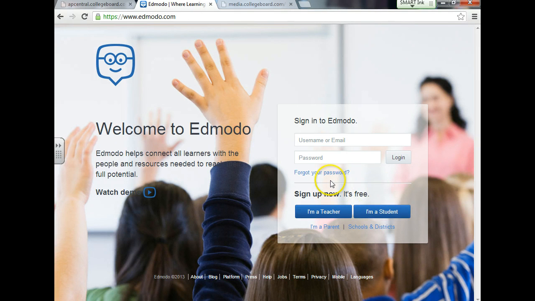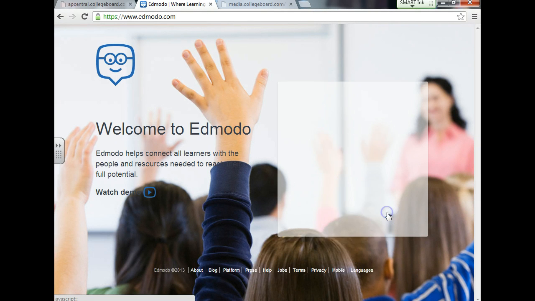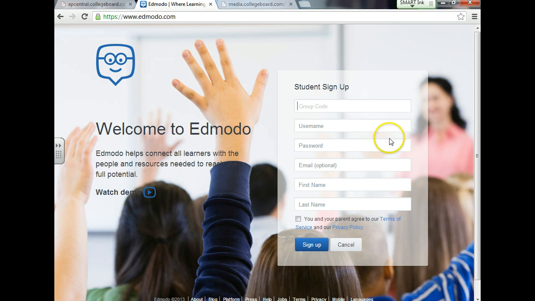So the first thing you're going to do, this is from the beginning. If you don't have an account, you're going to click on I'm a student. And once you click on that, the first thing it's going to ask you for is the group code. Now, it's important that you understand that I'm putting in C Block's group code right now. So C Block's group code is going to be